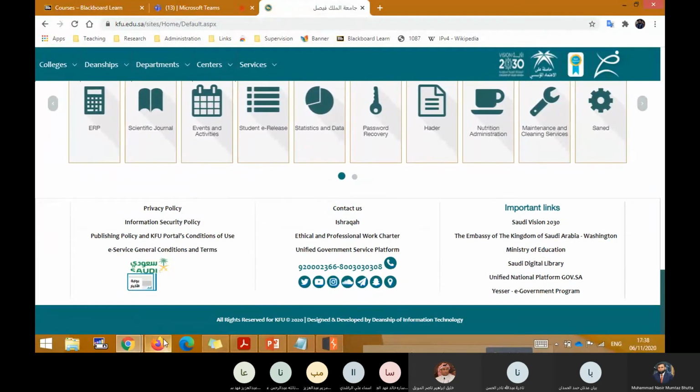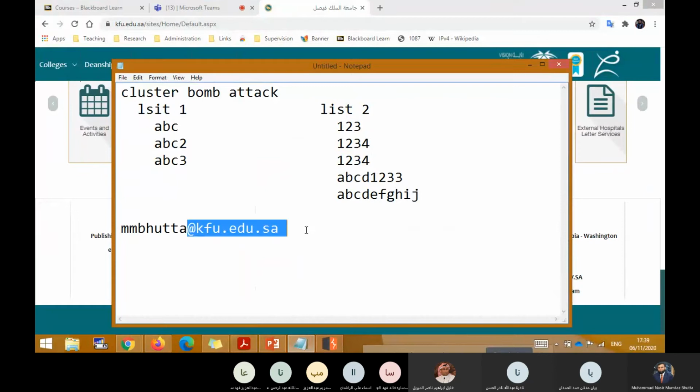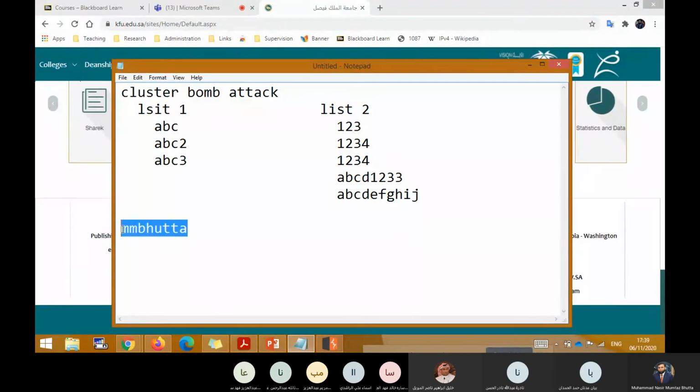For example, if you are sending email to me, like Bhutta@kfu.edu.sa, if you remove this part, then it means my username in the system will be this. This is the most common approach which every organization uses to create their usernames.